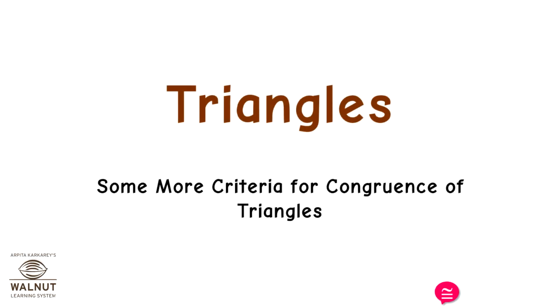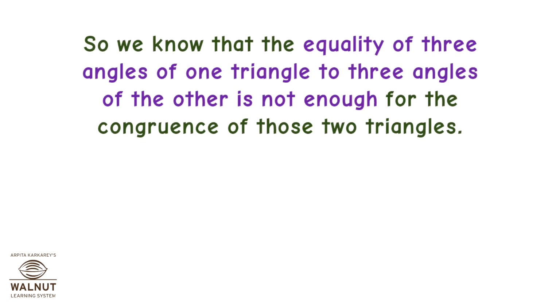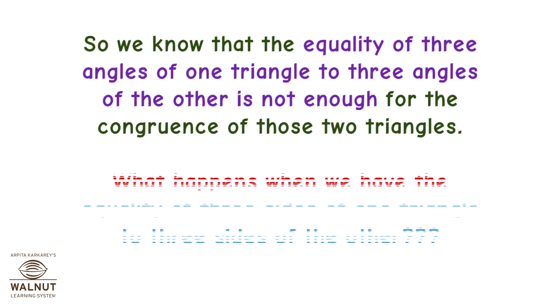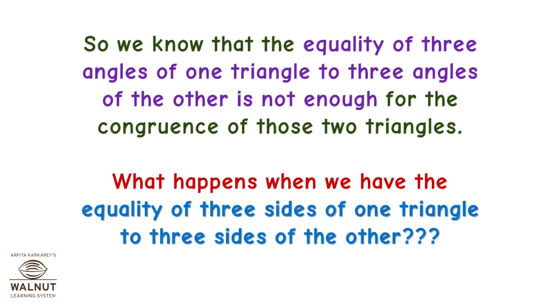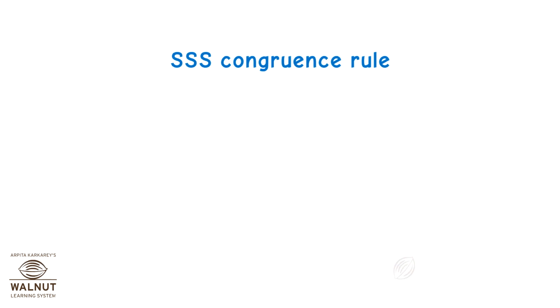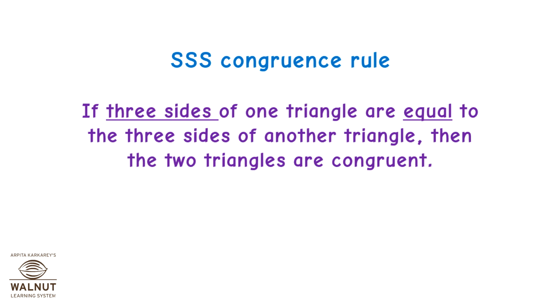Triangles. Some more criteria for congruence of triangles. So we know that the equality of 3 angles of one triangle to 3 angles of the other is not enough for the congruence of those 2 triangles. What happens when we have the equality of 3 sides of one triangle to 3 sides of the other? SSS congruence rule. If 3 sides of one triangle are equal to the 3 sides of another triangle, then the